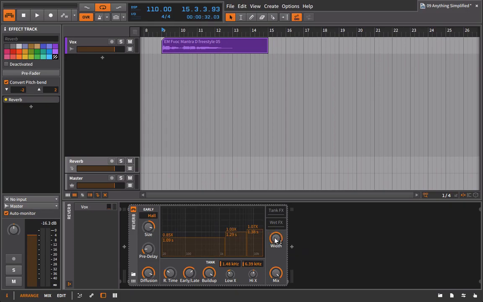So by default, this width, I believe, was at 100%. And what I want to do is I actually want to use the chorus to give me that width. So if I'm playing this back,